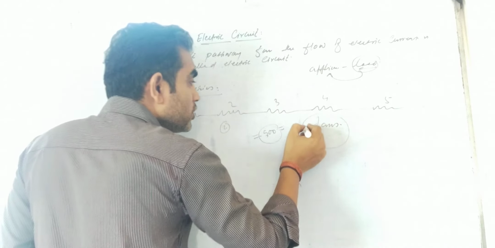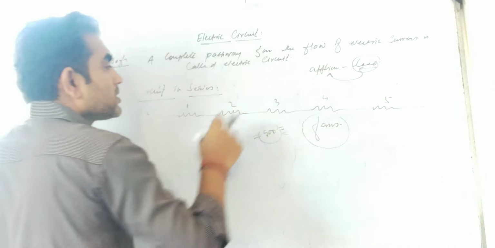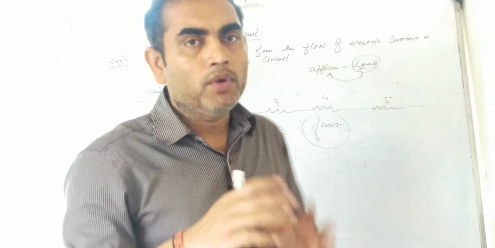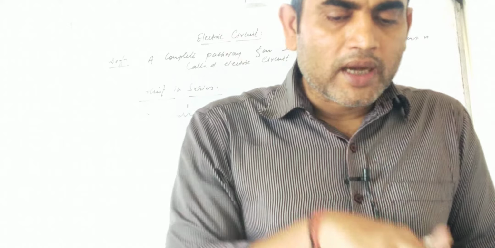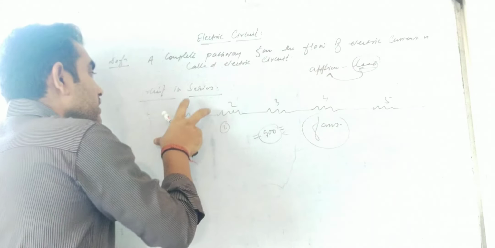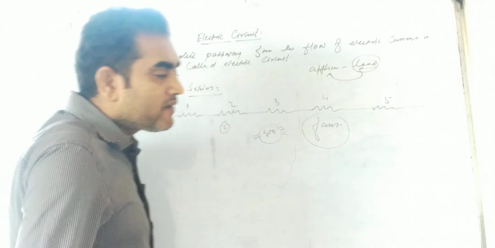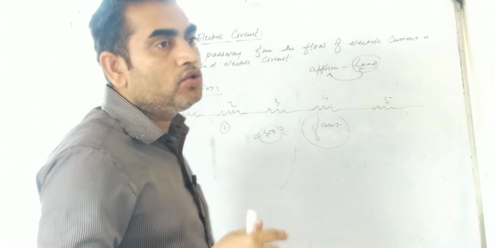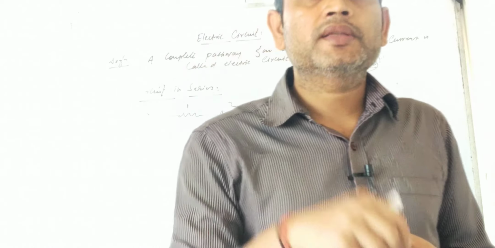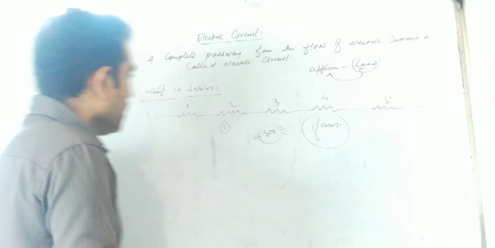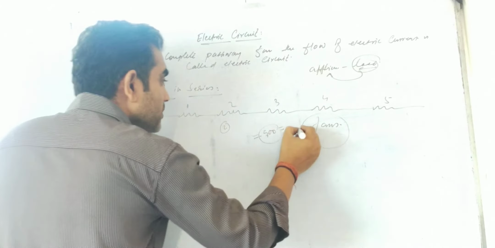So under that situation we connect them in a series circuit. Whenever a large number of appliances are needed to work together, a circuit in series is advantageous. A large number of appliances can be used together simultaneously using a particular switch only. That is the main advantage of the circuit in series.